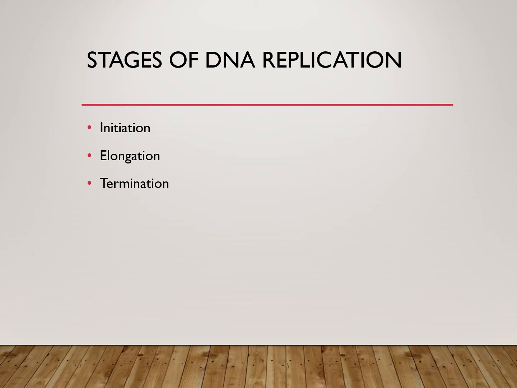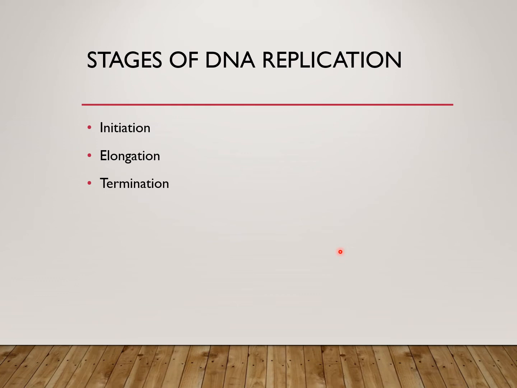Dear student, in the part 1 lecture related to DNA replication, we have seen the fundamental rules of DNA replication, that how DNA replication is semi-conservative. It starts at the origin of replication, and it always happens from 5' end to 3' end, and it is a semi-discontinuous process. Similarly, we have also acquainted ourselves with some basic terminology like leading strand, lagging strand, Okazaki fragments, replication fork, etc.